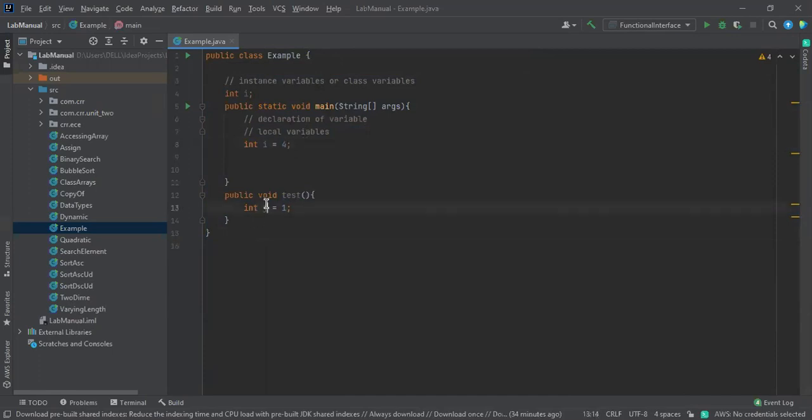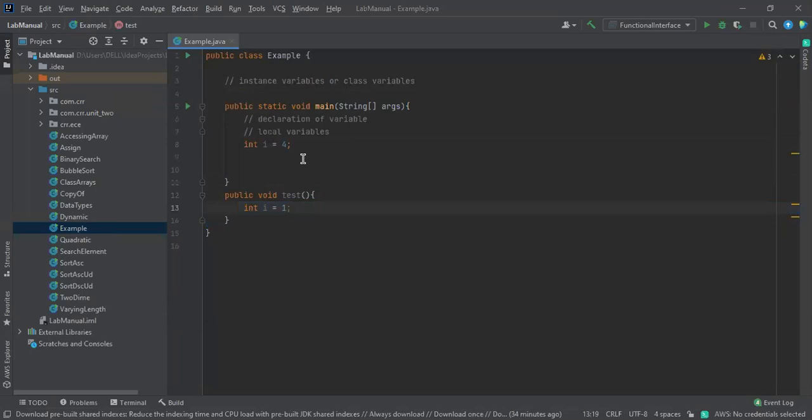Yeah, you can take it like this also. You can take I over here. So this we call a scope, because let me remove this one. For this method, we have I equal to 4. Again, I declared an int over here. So for this method, this is local, right? So there is no need for a scope for this variable. Scope in the sense, one second.